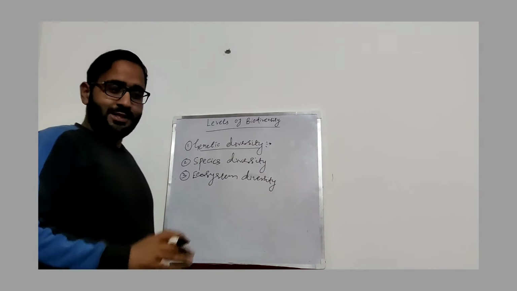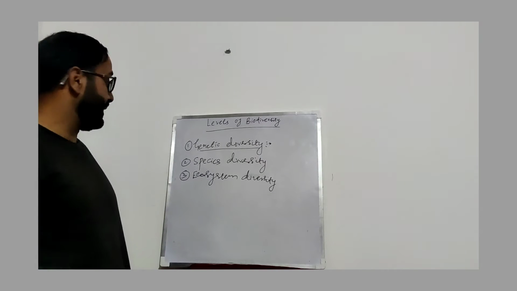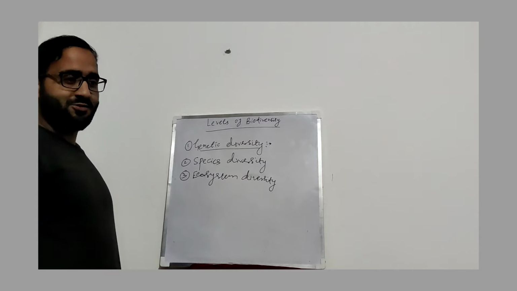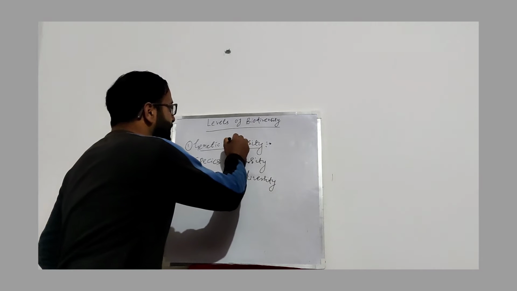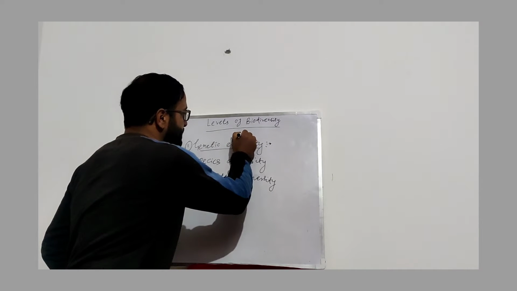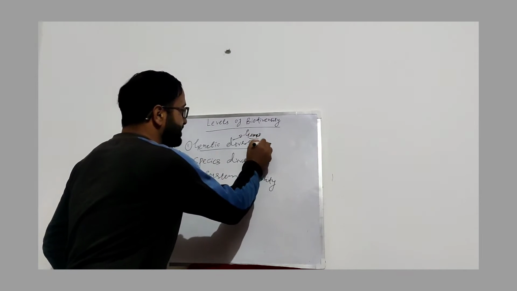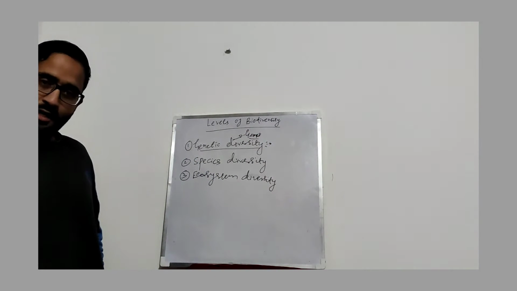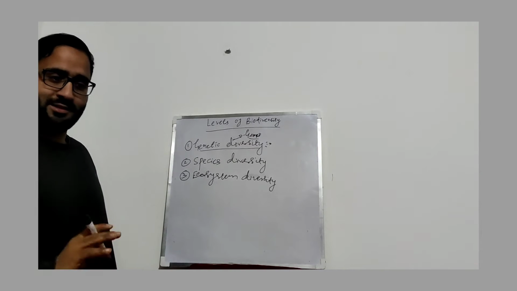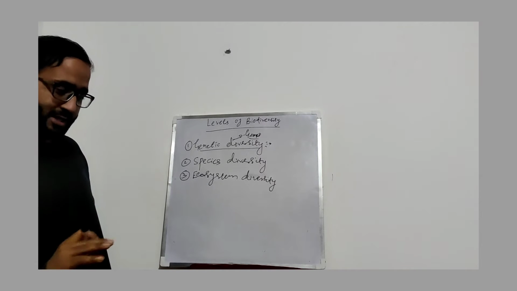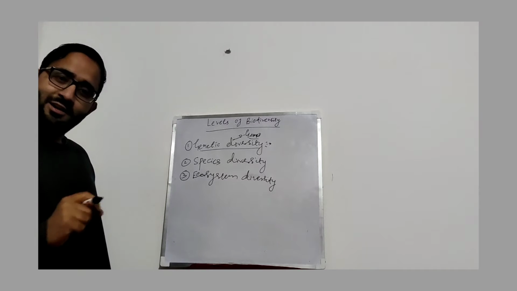If we see individuals of the same species, they vary or differ from each other. This difference in individuals of the same species is due to genes. So this genetic diversity is due to variation in genes. Genetic diversity is the variations or differences which are present in the individuals of the same species. For example, we all human beings belong to the same species, but there are variations within